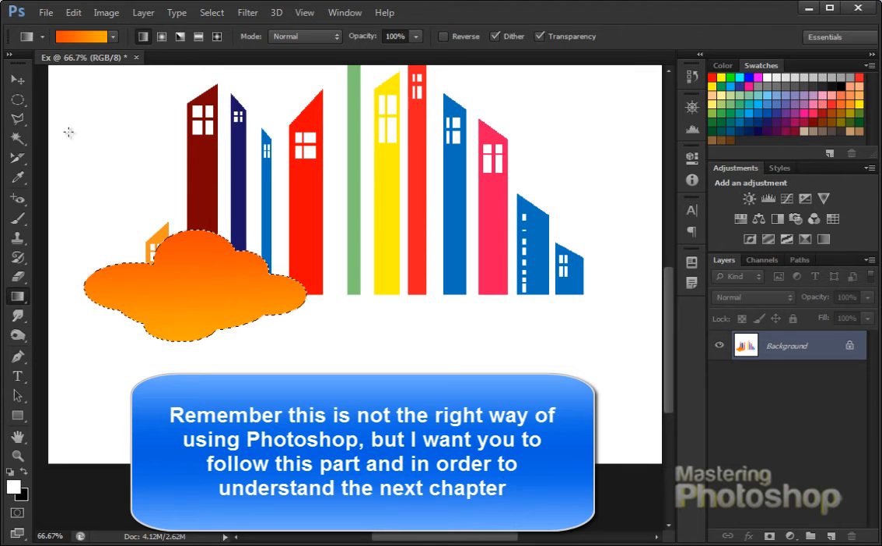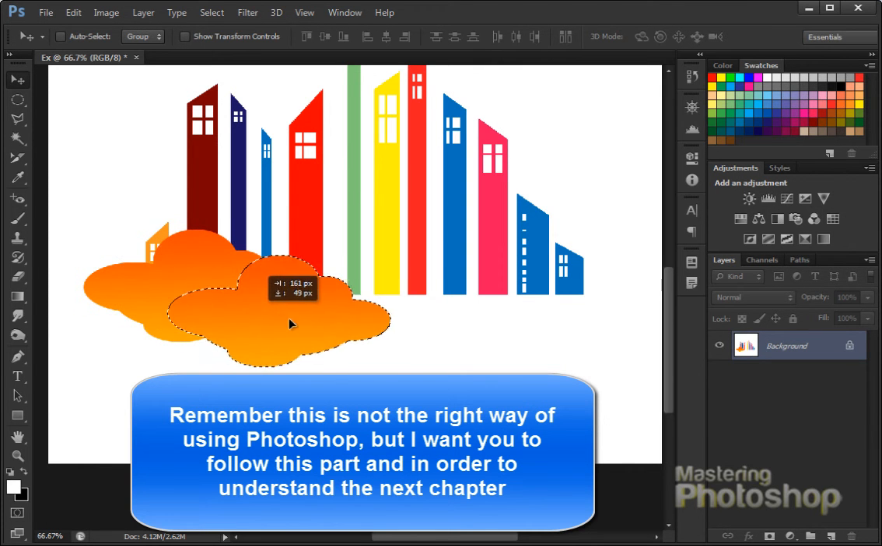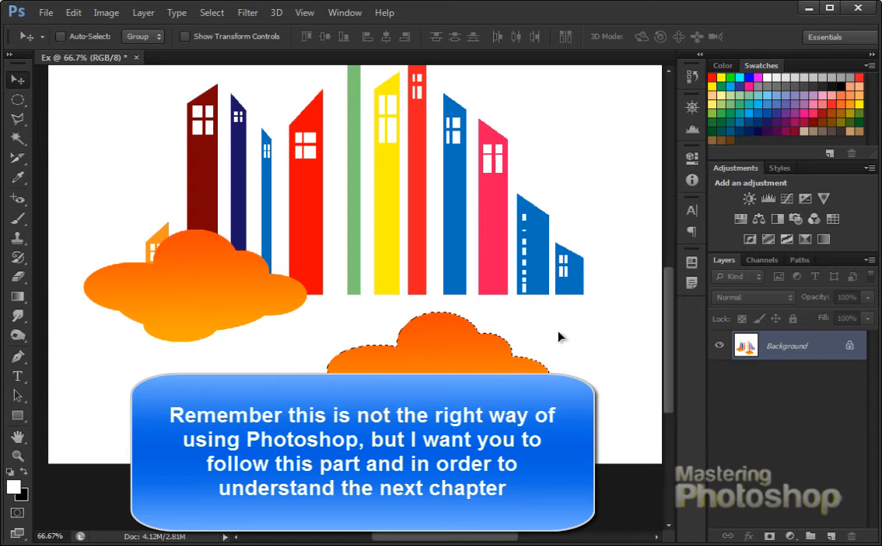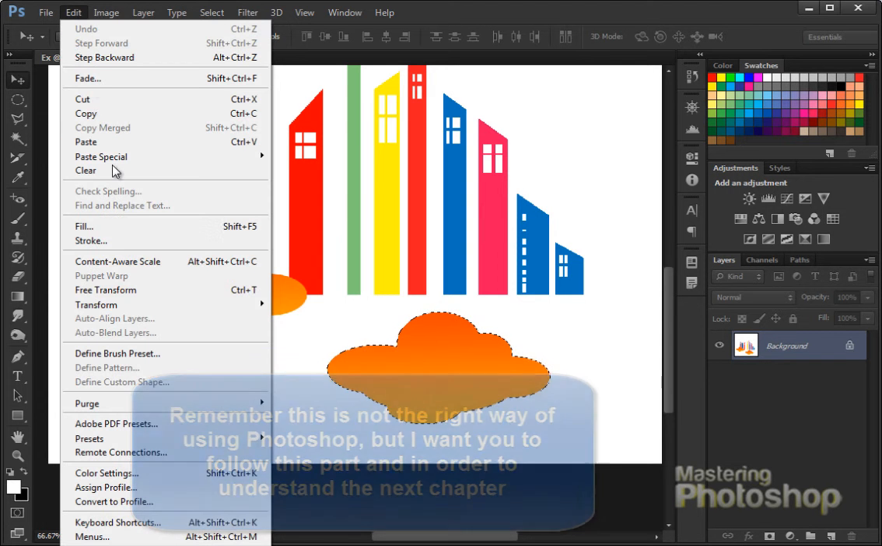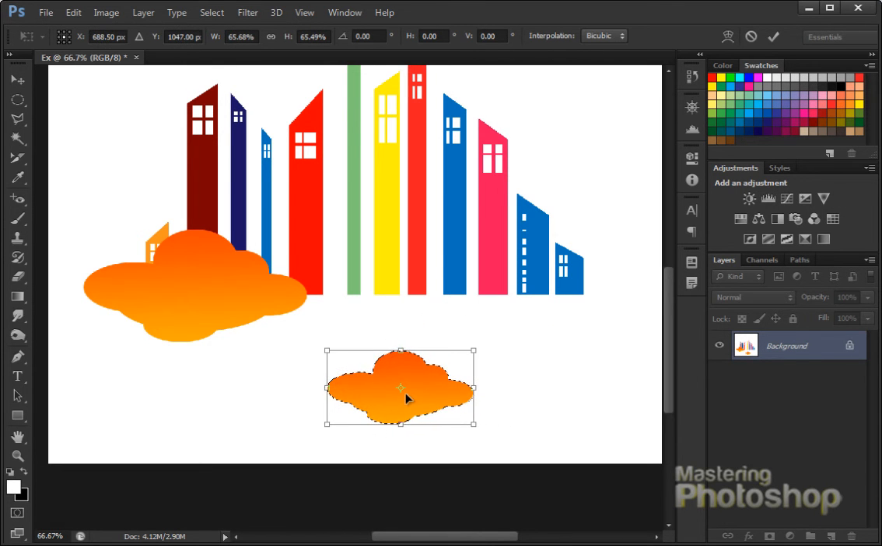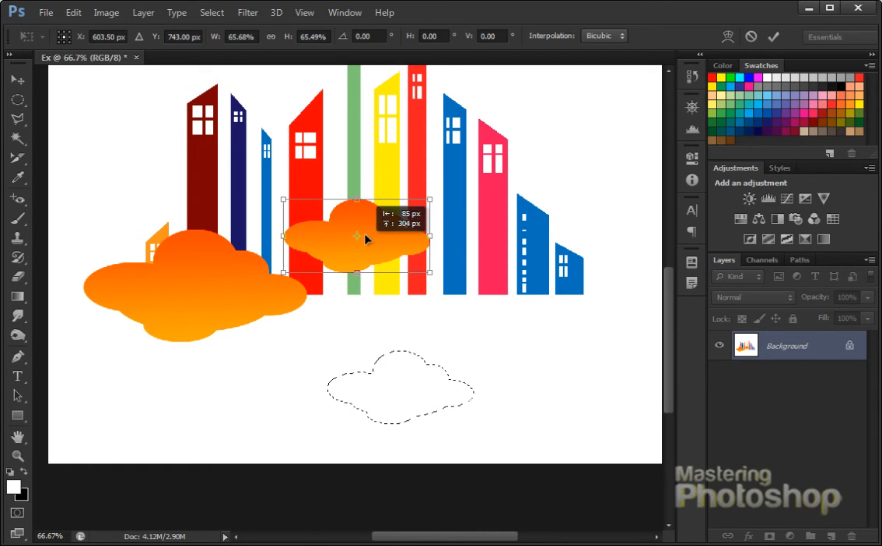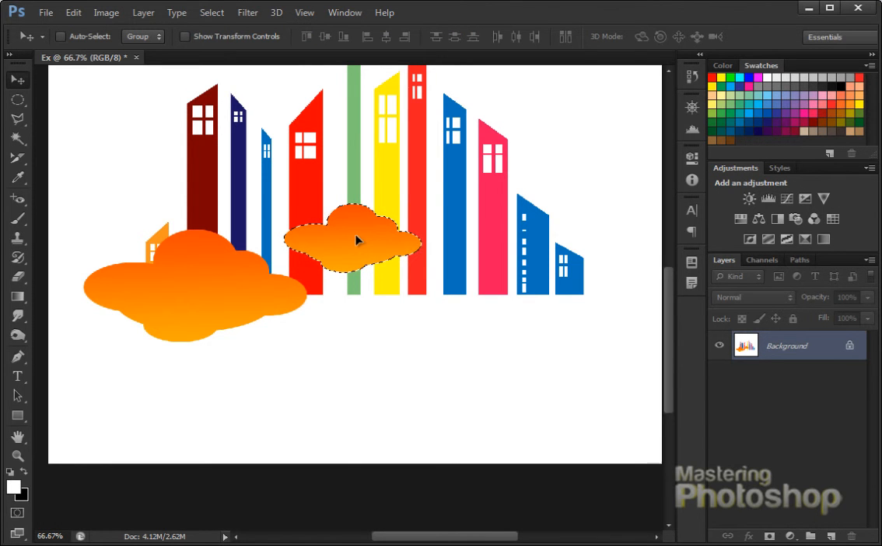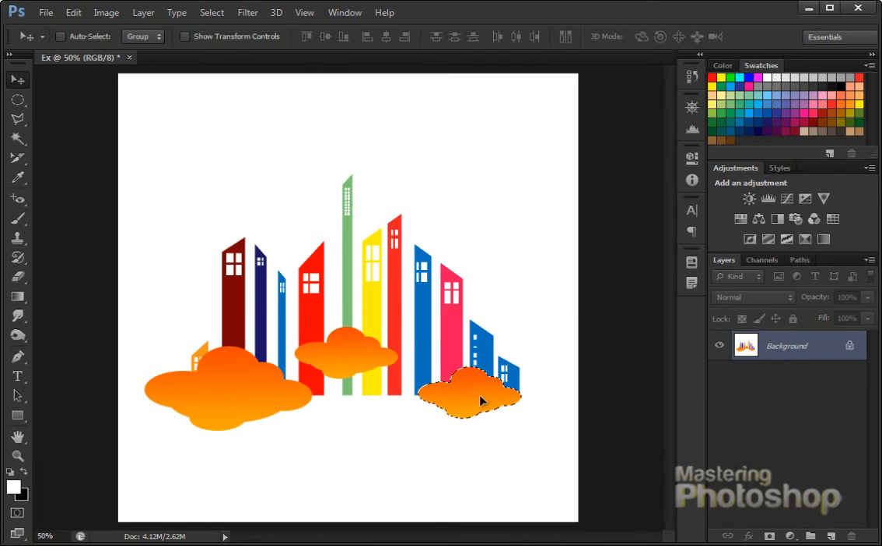Now you can hit V on the keyboard to go to pointer tool or the move tool, and hold on Alt key on the keyboard and your selection is still on, and drag this to some corner and now say Control T, or you can go to Edit, Free Transform, and scale down this cloud kind of image, and let's keep it over here. Now say enter. Again, hold on Alt key on the keyboard and take this to some other place and say Control T,